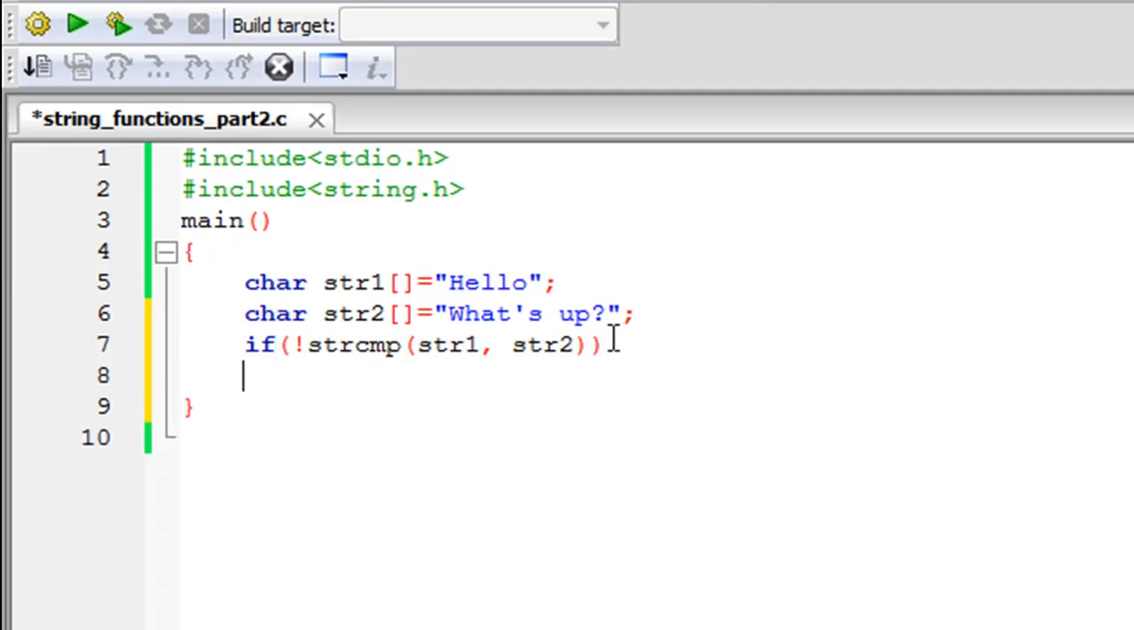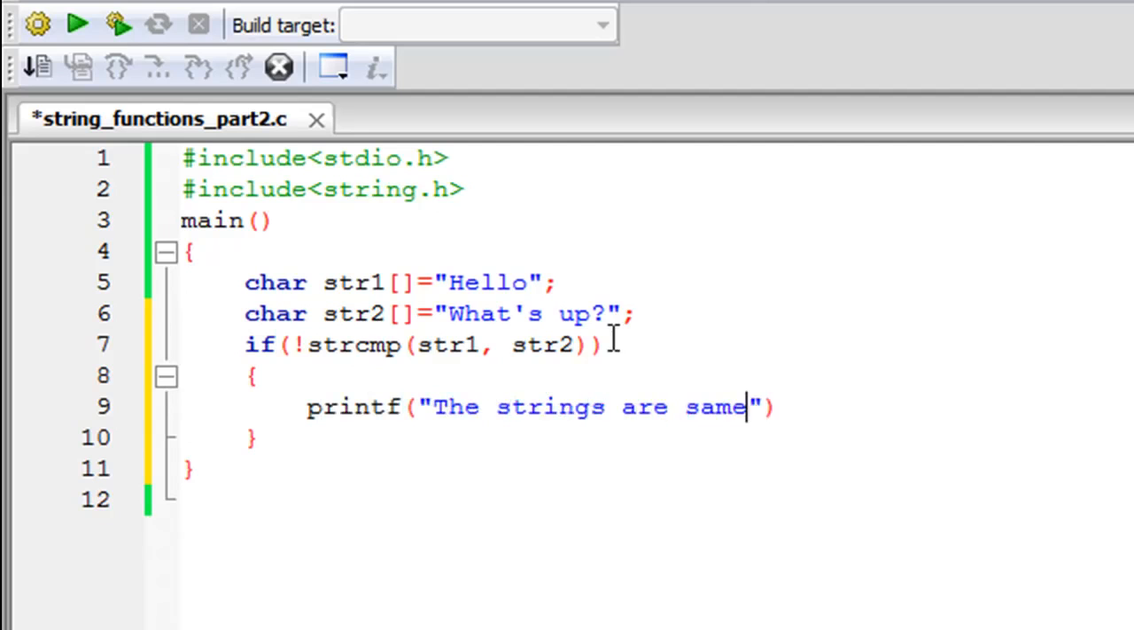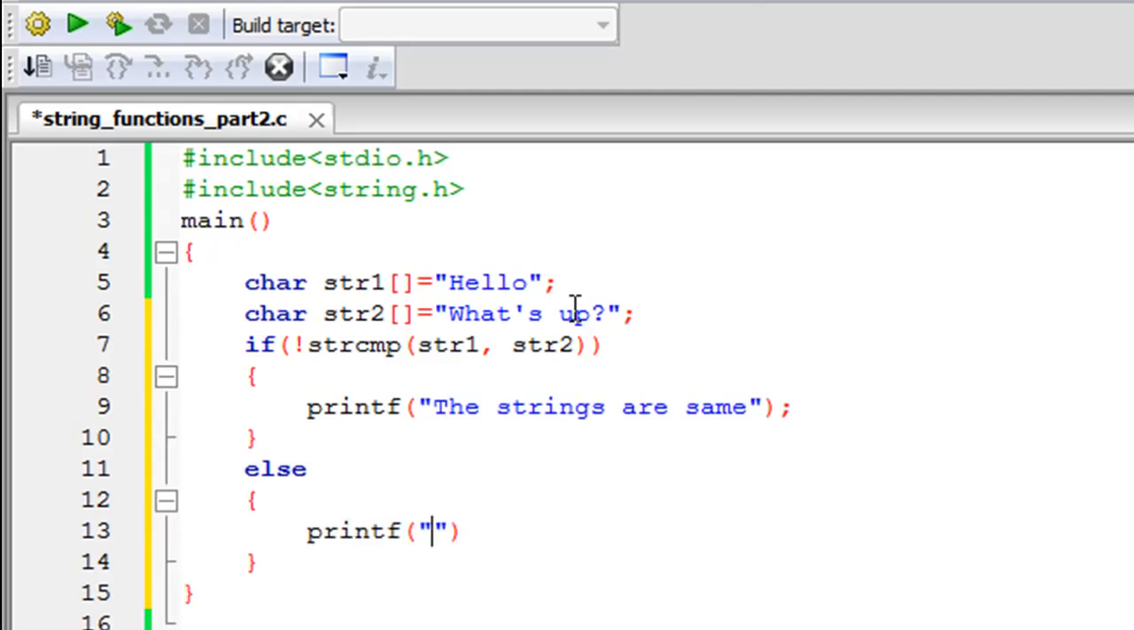So let me get inside the if block, and in the if block I'm just going to have one printf statement that's going to display the message the strings are same, and the if block, as I said, would get executed if the strings are same, right? And then in the else block I'll have another printf statement, and this one's going to display the message the strings are not the same, or the strings are different. Let's be a little economical, and I'll put in a semicolon at the end of this statement,